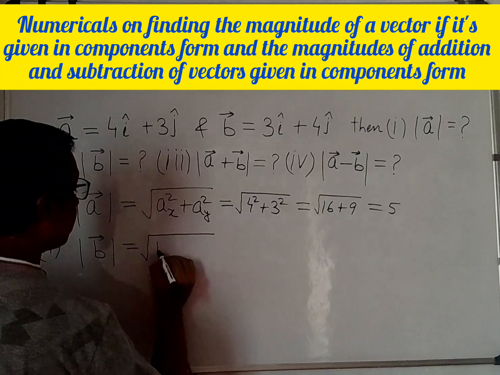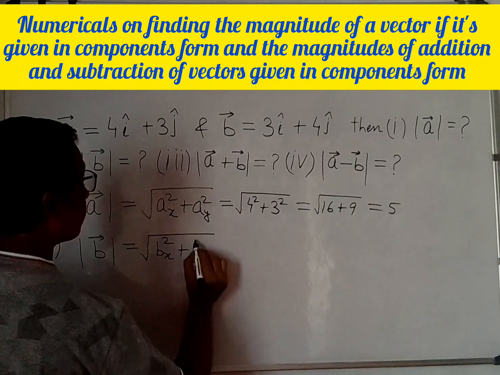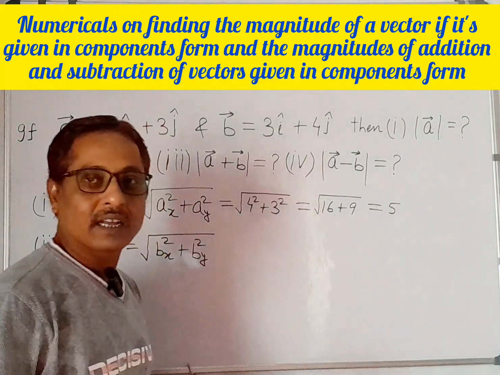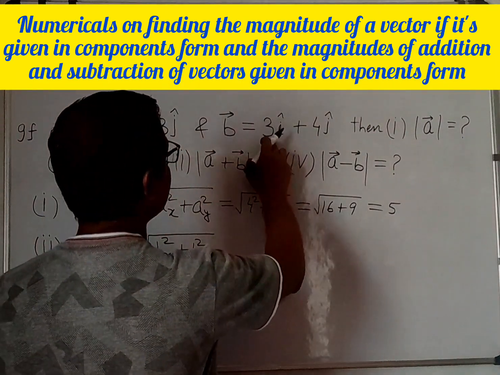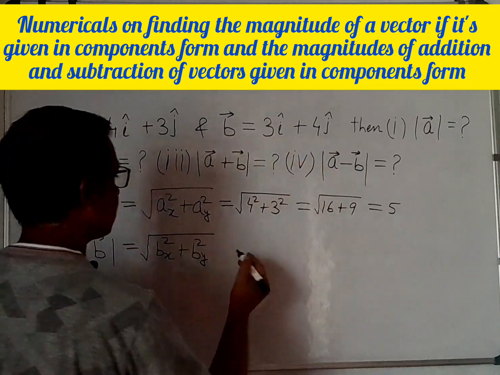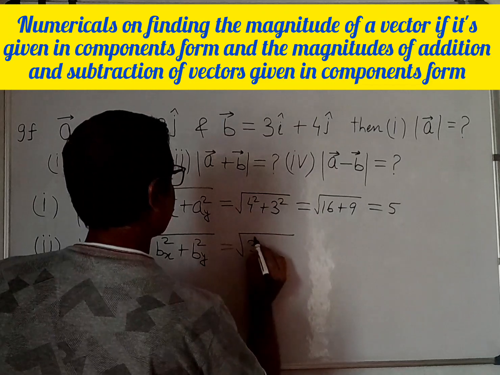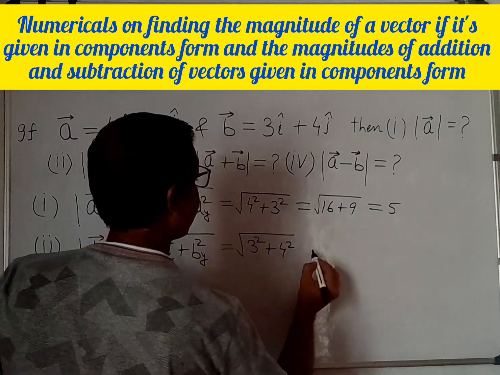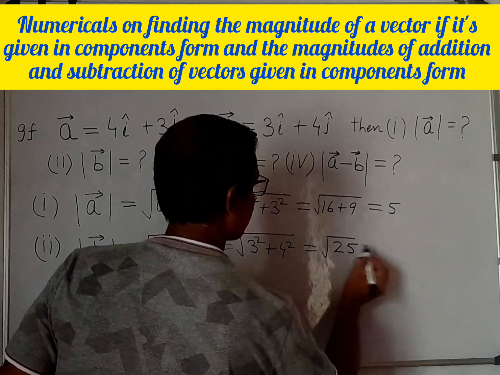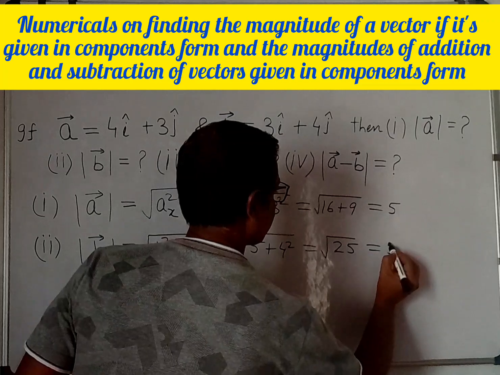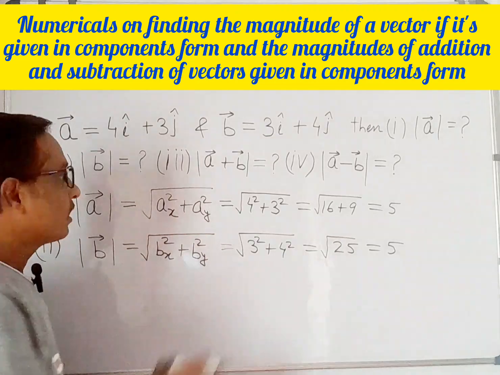it will become square root of bx square add by square, where bx and by are x and y components of vector B। यहां से bx is equal to 3 units है और by is equal to 4 units। Just put the values and you will get square root of 3 square add 4 square, again it is square root of 25, so it will also become 5 units। 5 units is the magnitude of vector B also।